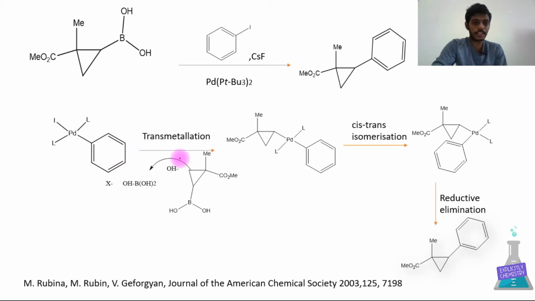The next step is the transmetallation. In the transmetallation, this group, the boronic acid group, is added here, and the leaving group here is eliminated. Then forming this complex, it undergoes cis-trans isomerization. These two ligands come into cis and these two compounds also come into cis position. After that, reductive elimination happens. These two ligands eliminate and these two will couple and palladium is regenerated.